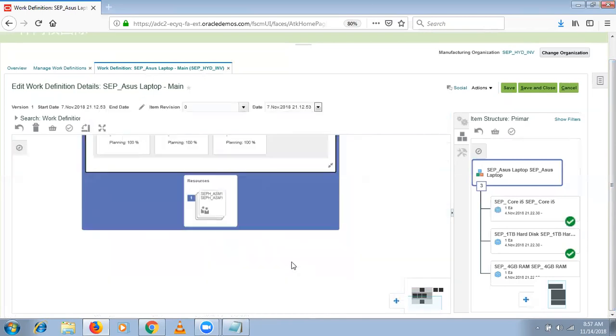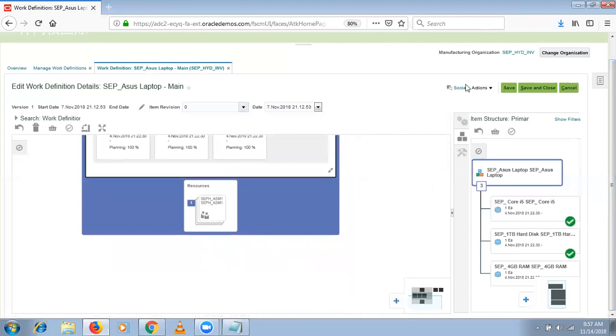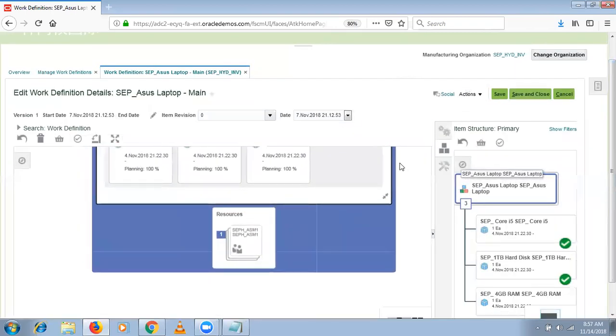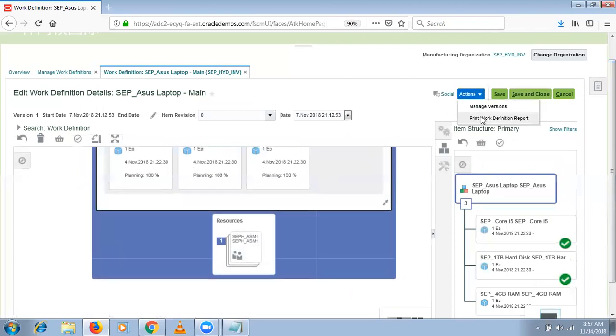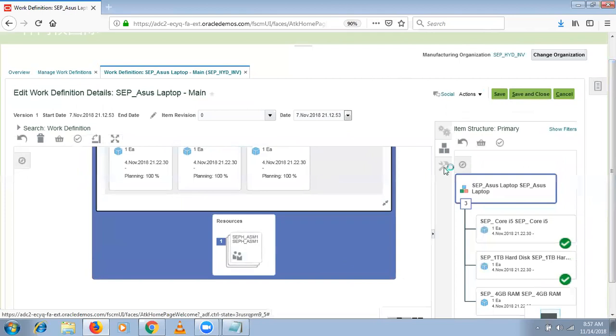We even print the work definition report also, and we have verified that scenario by printing the work definition report. Then if you want, you can print the work definition report from here also. So again, if you want, you can go to the resources, what are